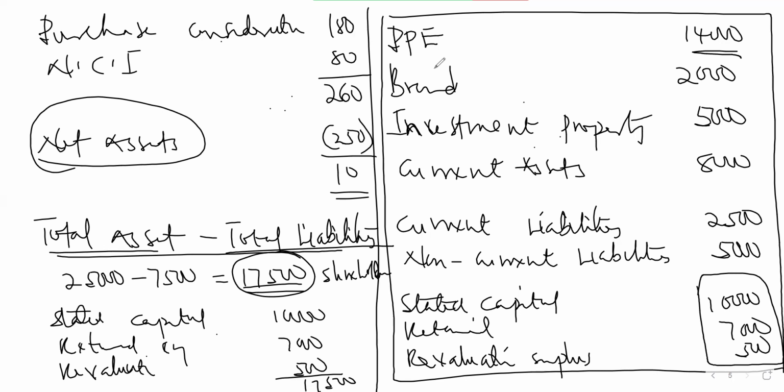So instead of us going back to do it, just come and add the increment, which will be 4,000, to this one. Then you now have the new value, because if the asset is increasing and liability is constant, the net asset will increase, because net asset is calculated as total asset minus total liabilities. So if the asset is now increasing by 4,000 and we are still having the same value of the liability, the net asset will be increasing. So in effect, what will the fair value increase have on the shareholders' fund? It will increase the shareholders' fund.